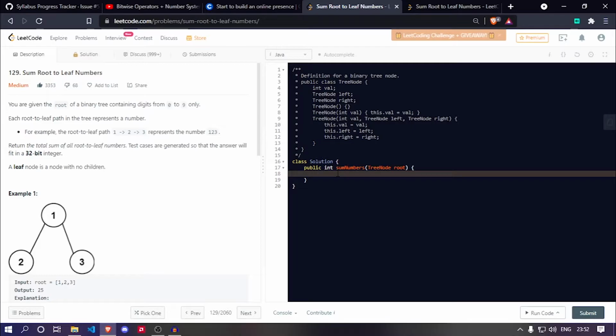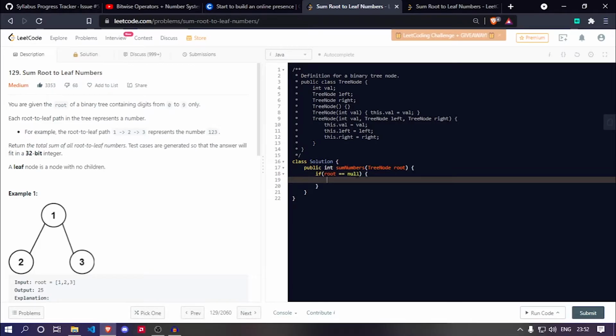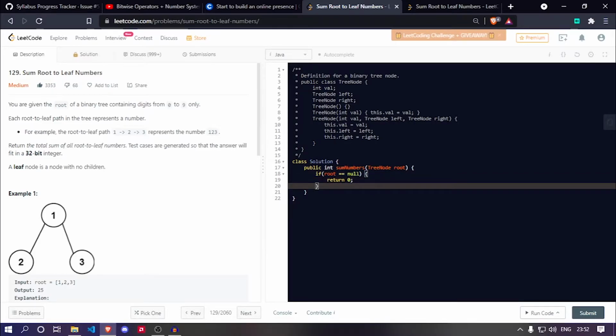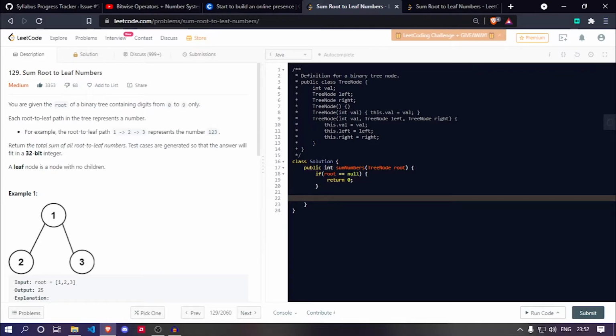The root is provided to us. The first mandatory check we need to do is: if root is equal to null, then we return 0. And if root is not null, then we return the recursive DFS answer.